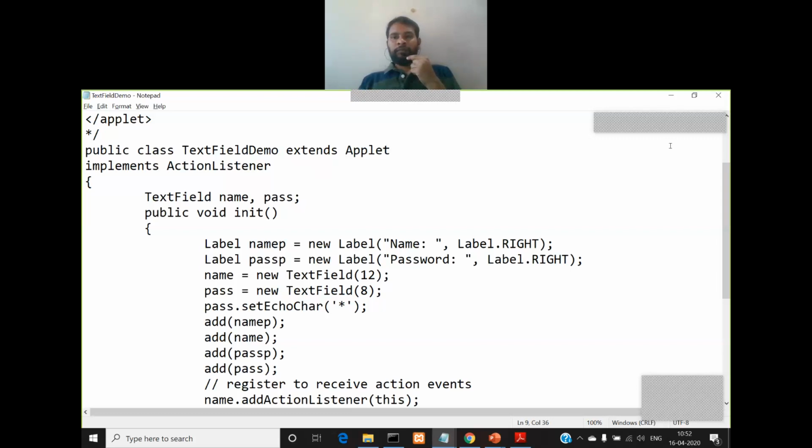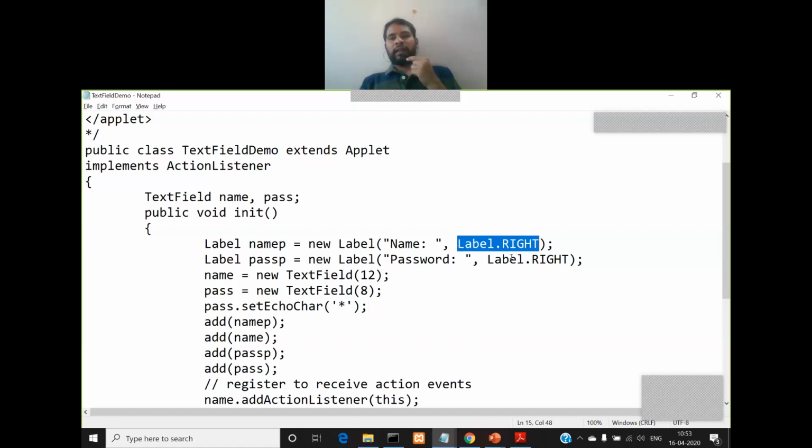You can type it at the end of the screen horizontally, to the rightmost corner of the screen, so that will be called right alignment, fine. So in that way, you can mention the alignment for that label, whether it has to be aligned to the left, to the right or at the center, by calling these constant static integer variables that are defined in the label class. So a label class defines three different constants which are integer variables. They are integer variables and they are static, right?